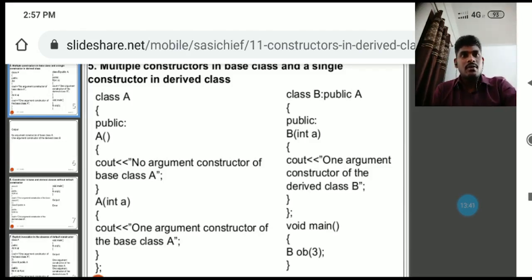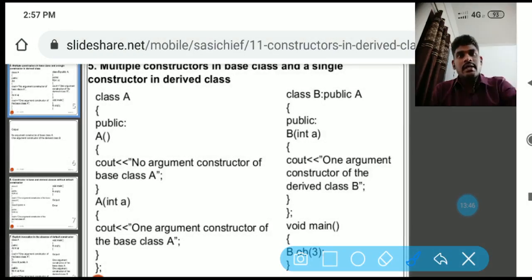Class A and class B. In class A there is a constructor named A, and in class B there is a constructor named B. The base class has a constructor with no arguments, and one more constructor is declared with arguments.